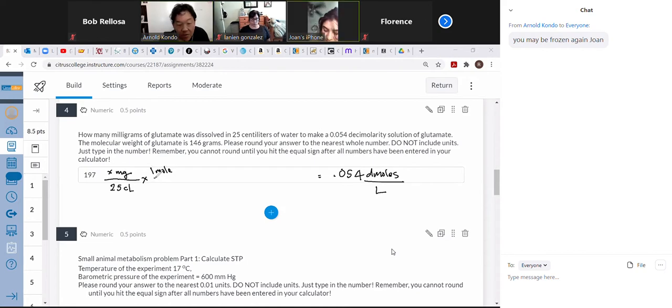And then times 1 gram over 1,000 milligrams. Okay, so far you've now taken care of those 2 units right there. And then 1 centiliter over 100